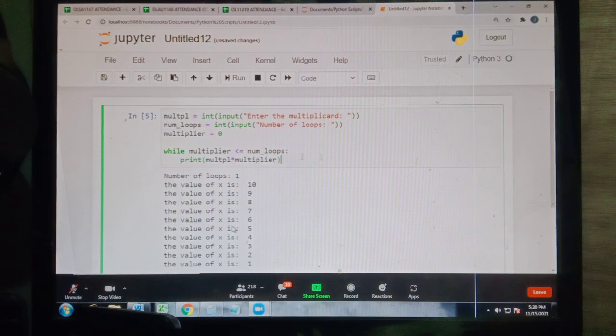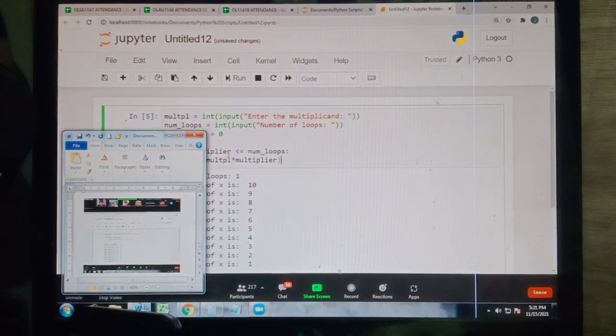Okay, so ayan po. So ito po yung pinaka-operation ko, kung saan ipiprint ko na yung pinaka-exact product or answer